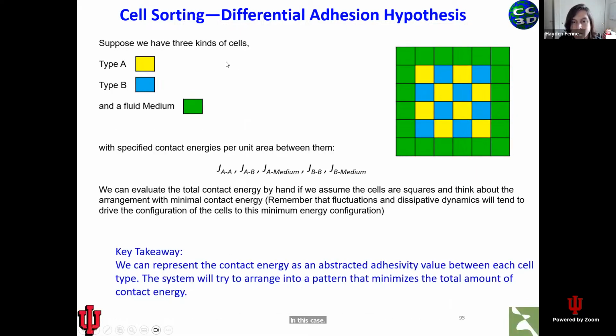If we introduce a second cell type, this is the same underlying process, so type B in blue here. But now we have, like we've been discussing, 5 energy values: between cell A and cell A, cell A and cell B, cell A and cell medium, cell B and cell B, and cell B and medium. So again, same underlying mechanism, but it will involve a few more